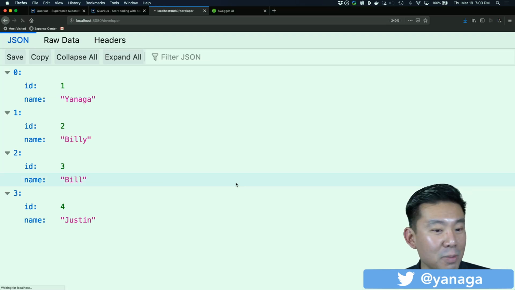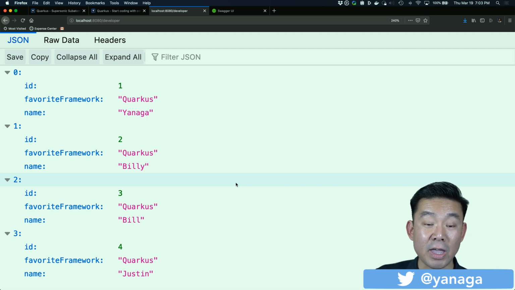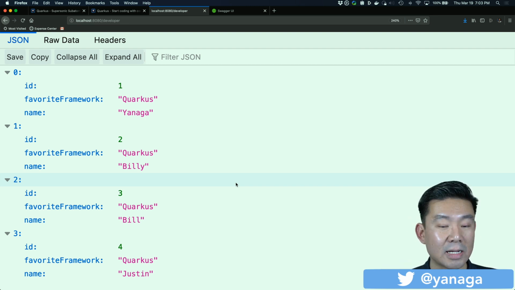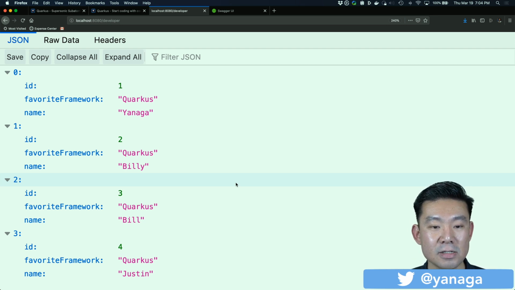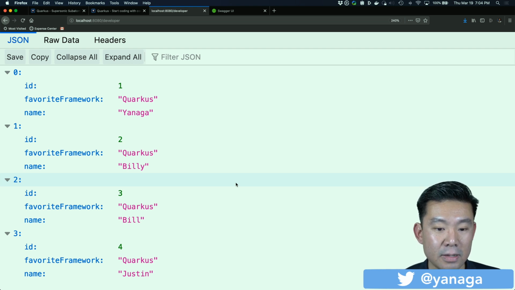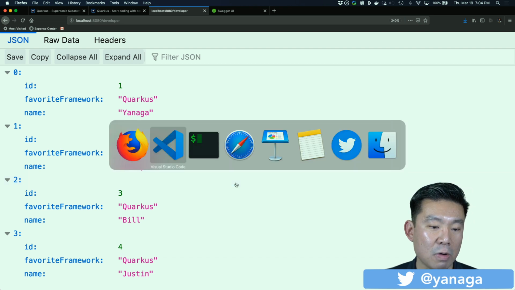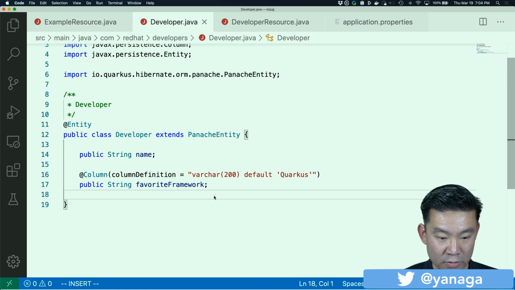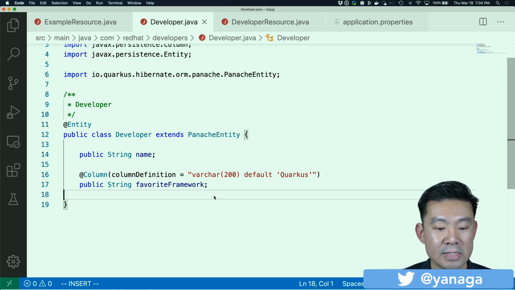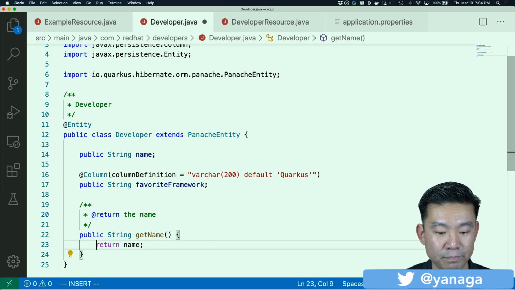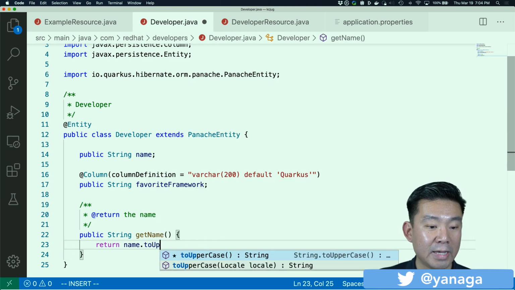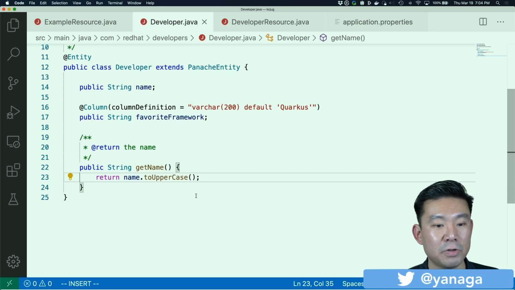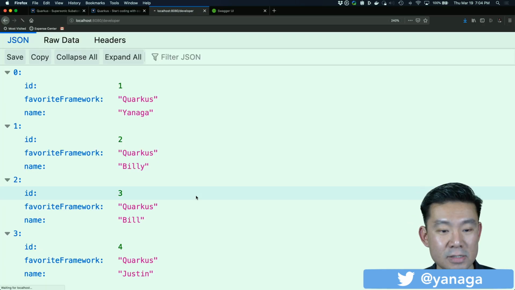And just save the file, go back here to my browser, refresh the page, and everybody has their favorite framework. And remember that I said that even though you can code a public field, it runs like a private property. Actually, if you do provide your own getters and setters, Quarkus is going to use the getters and setters that you provided. So if I go back here to my code and decide that now we have a new requirement: all of the developer names should be uppercase on the interface. So if I just provide here a getName and decide that name toUpperCase should be the implementation of my getter, I just save the file, go back here to my browser, refresh. And yes, everybody's name now is uppercase.